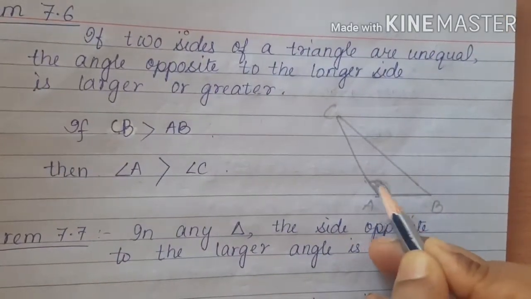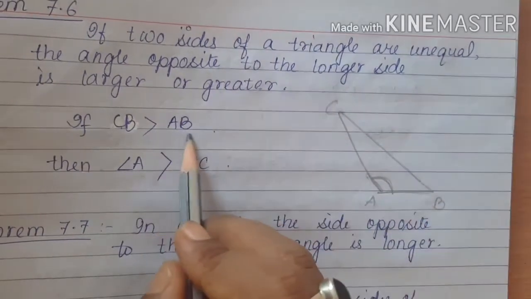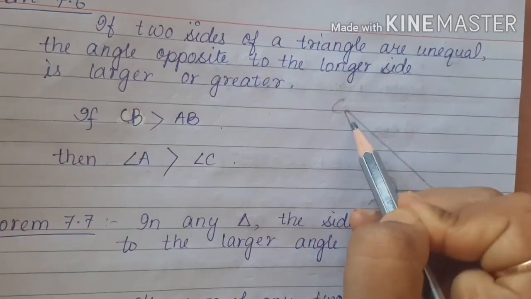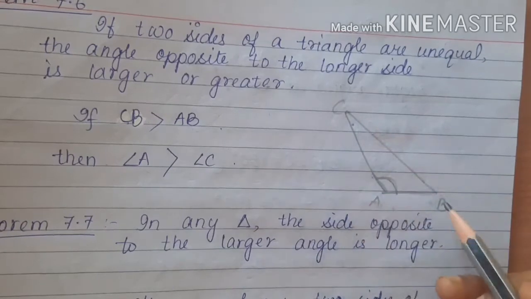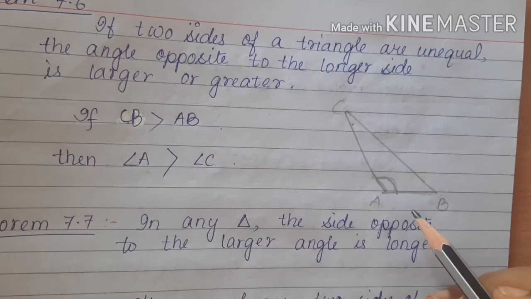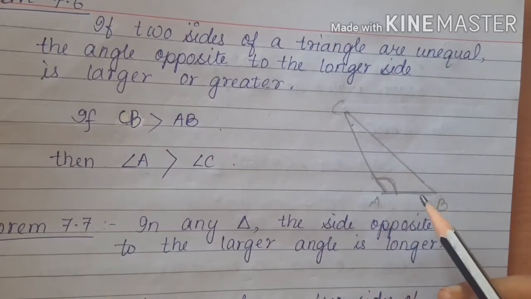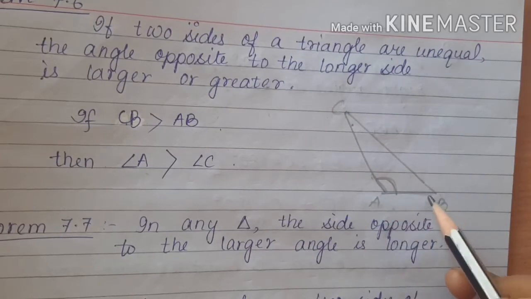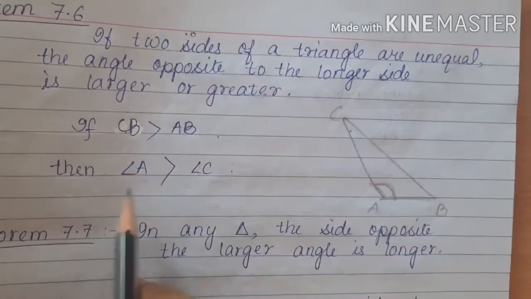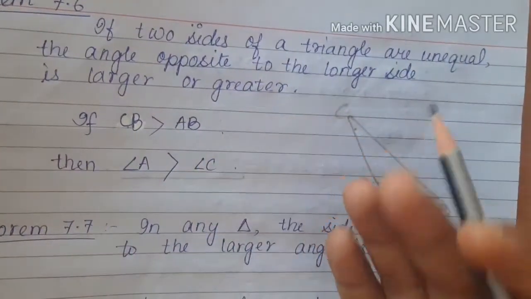So this angle will be larger than which angle, AB का opposite क्या हो जाएगा, क्योंकि हम लोग AB को लिख रहे हैं तो AB का opposite तुम डायग्राम में देख सकते हो. AB का opposite angle क्या है, angle C. तो यानी जो longer side है उसका opposite angle will be a longer one than the angle which is opposite to the shorter side. So here AB is shorter, we are taking AB as the shorter side, so therefore the opposite angle of AB is, that is C, that will be shorter one. Okay, so हम लोग ये लिख सकते हैं.